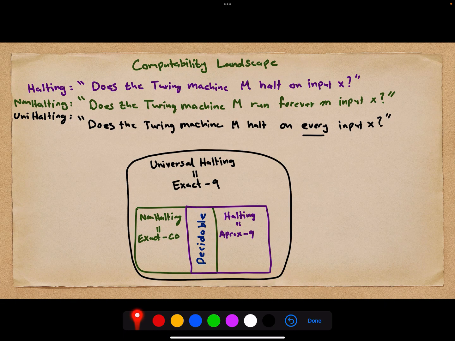Okay, so let's recap. This is now the computability landscape of these four decision problems associated to quantum values of games. We've shown in our result that the universal halting problem is equivalent to the exact quantum value problem. What now remains is to resolve the problem about the approximate commuting operator model.